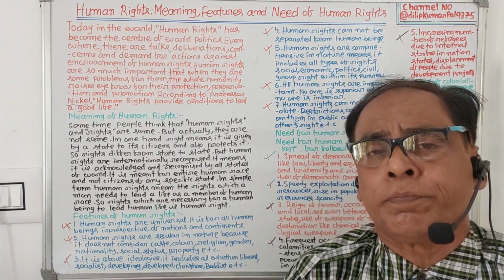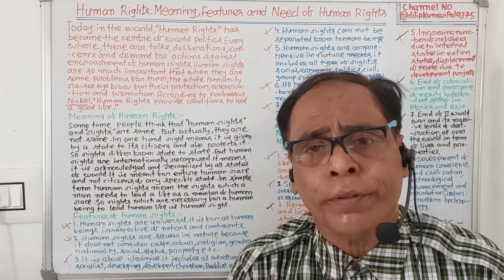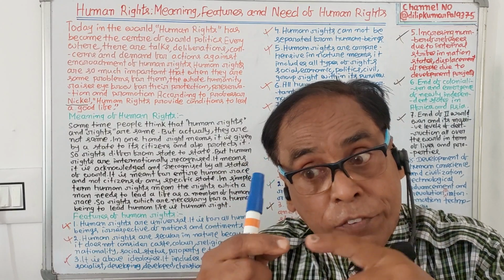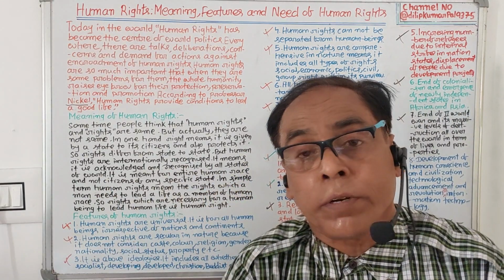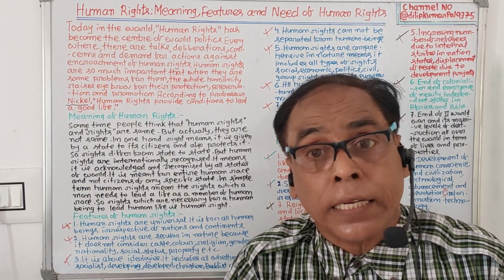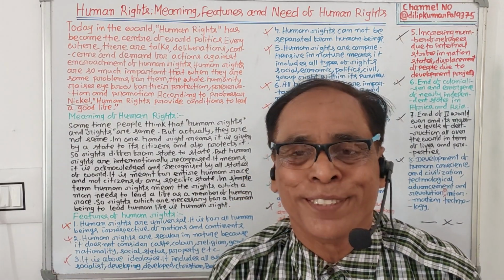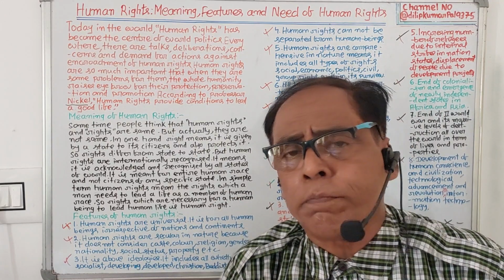Human rights are recognized by all human beings of the world, and they are necessary for every human being to lead a life of human beings. Without human rights, a person cannot lead a life of human beings. Rather, his life will be a life of a beast. So, we are clear about the meaning of human rights and how they differ from rights.